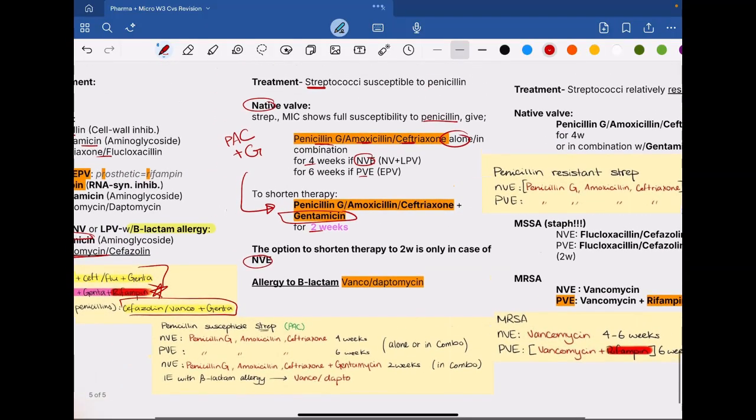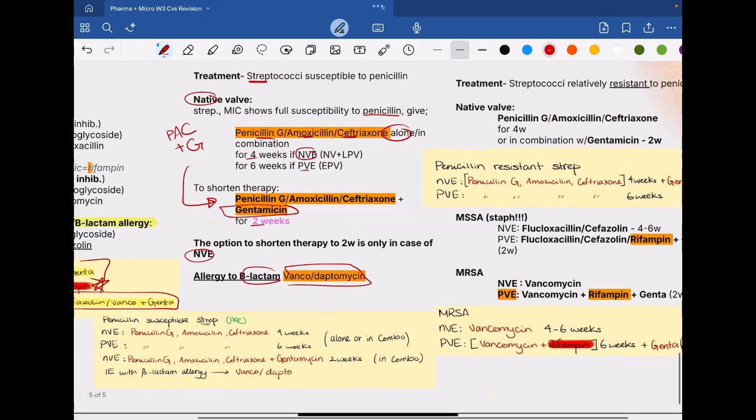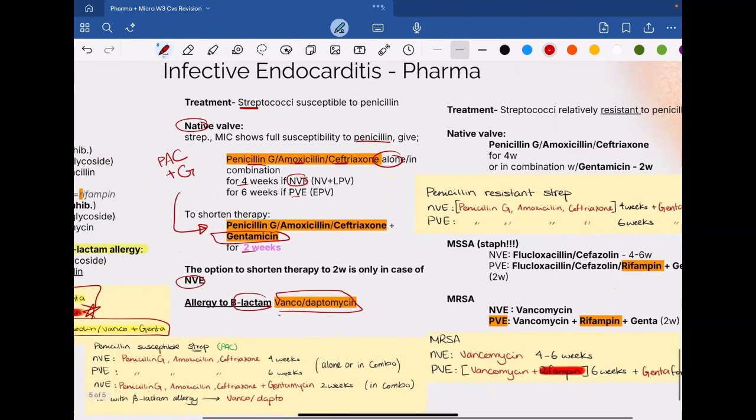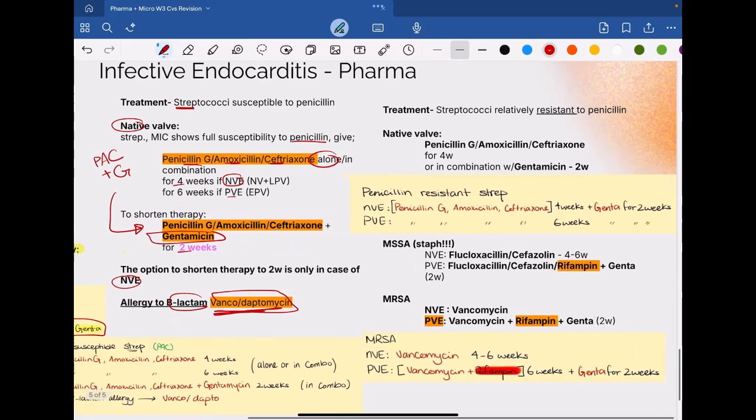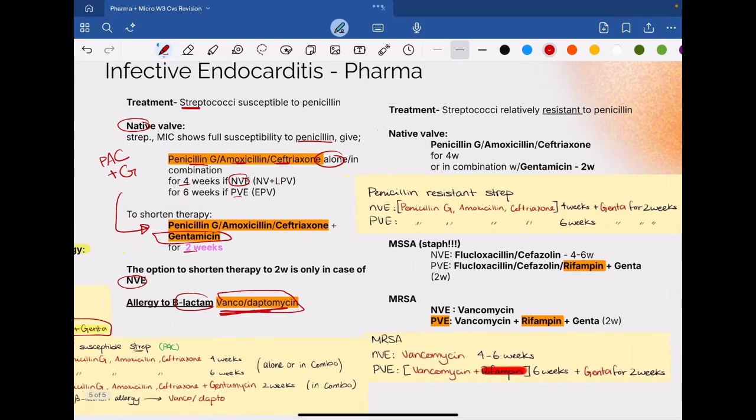Any allergy to beta-lactam, you give them vanco or daptomycin, whichever one. But it's just this medication. It's not a regimen for native valve streptococci or allergy to beta-lactam for a patient with penicillin-resistant